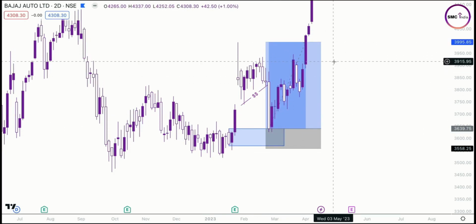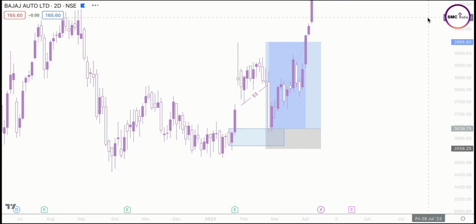So I am just showing you the order blocks, which are very important. Don't rush and place your trades like this just by seeing order blocks. There are various other confluences which I will cover in the next topics. So coming to the next example,